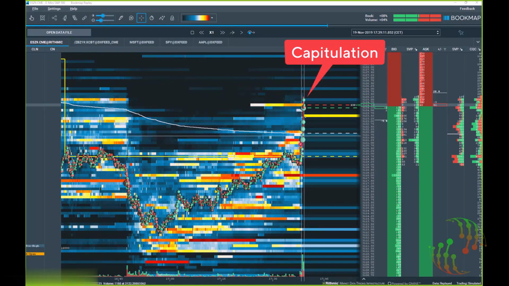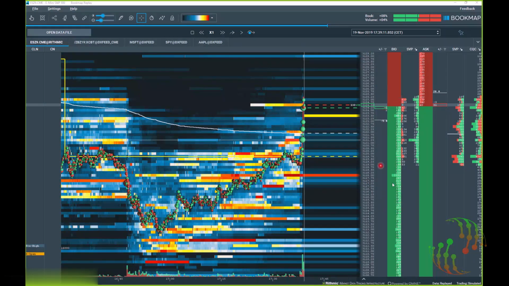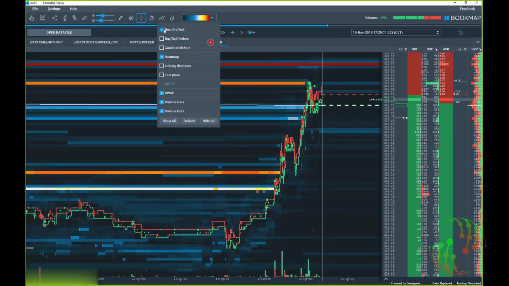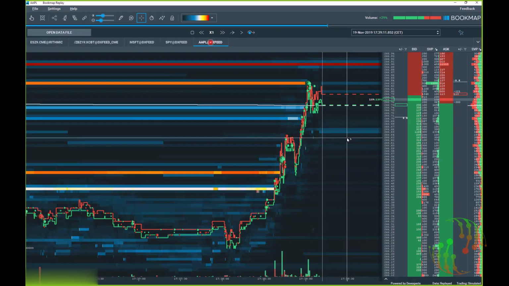My best explanation is that I also call this a capitulation. What we are seeing here in every market, let's take this ES market or whatever market, share market for example, we see only part of the contracts or shares in the market. If you are trading Apple, for example, I have Apple here, look here. You see this huge number sitting here, 15,000 shares traded at 66.83. We have 11,000 shares sitting at 66.90. We see only a fraction of all available shares of Apple, of Microsoft, of Amazon,